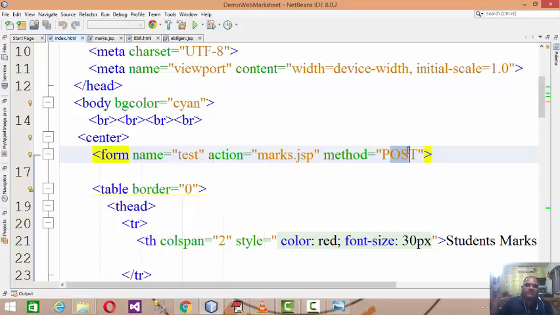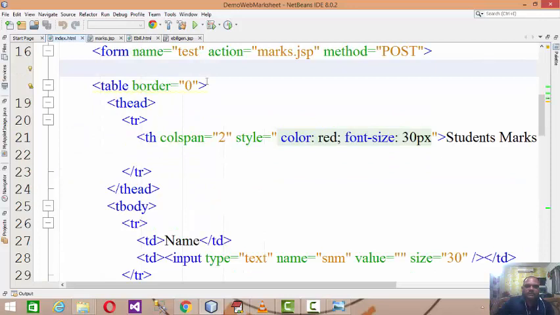And we'll be discussing what is the actual difference between get and post. There are two possible ways to post the data to the server, that is method equal to get and method equal to post. But in case of get, we are going to send a limited data, and in case of post, we are going to post the data which is available in the form. We'll be discussing in some separate sessions the limitations and advantages of get and post, but right now we are using the method called post to post the data.